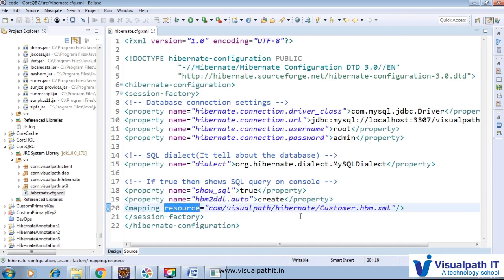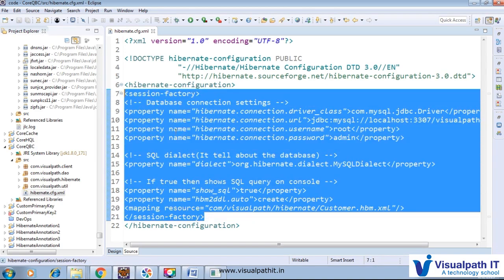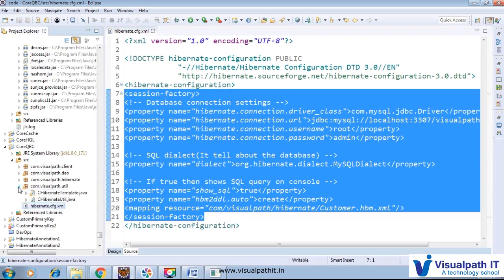And after that, resource here, so we are using the customer.hbm.xml resource, and even if we want, we can provide a class here when we are using annotation mapping, and we will provide the class related path here. And after that, session factory close. So after that, we have the mapping document